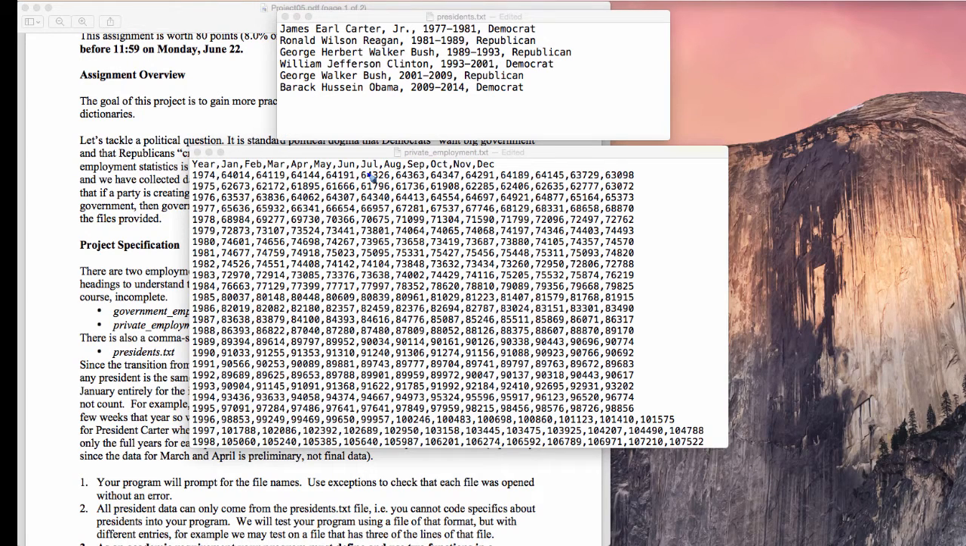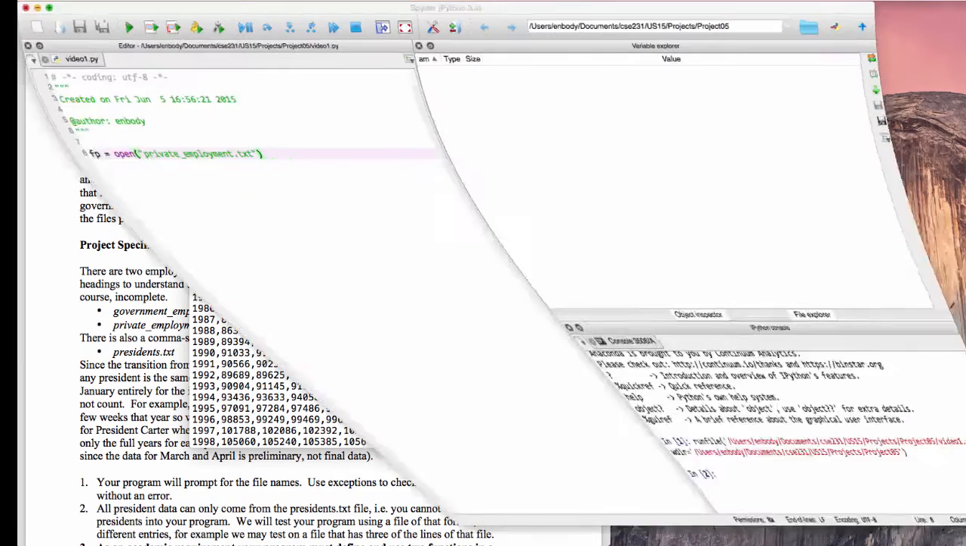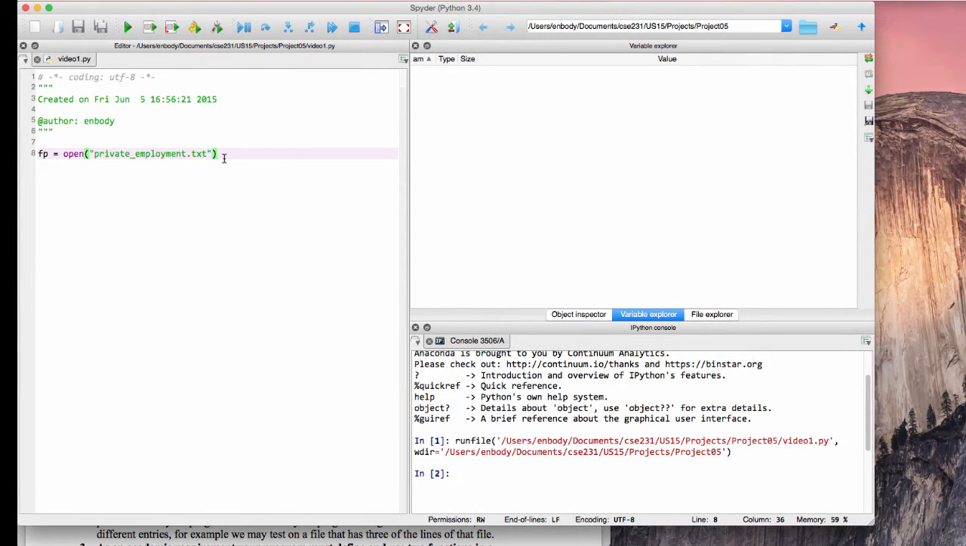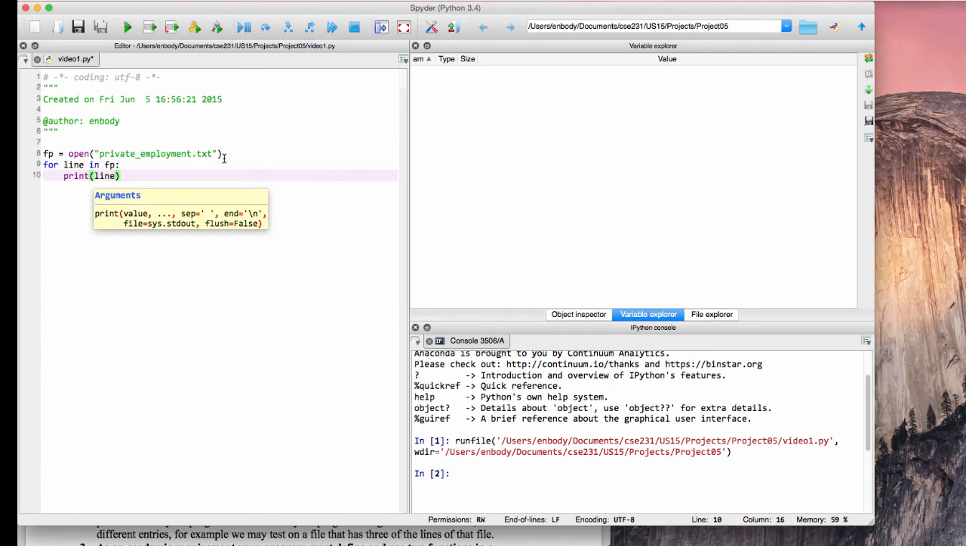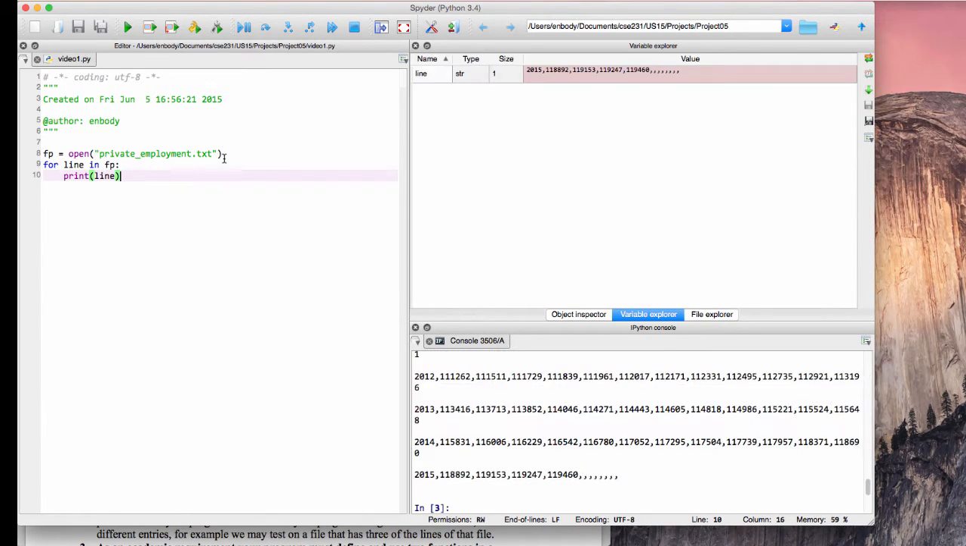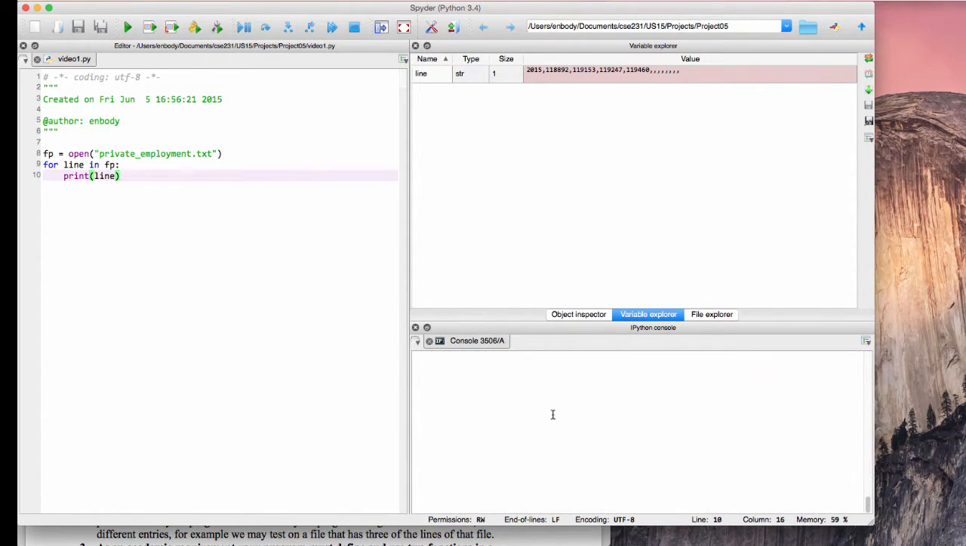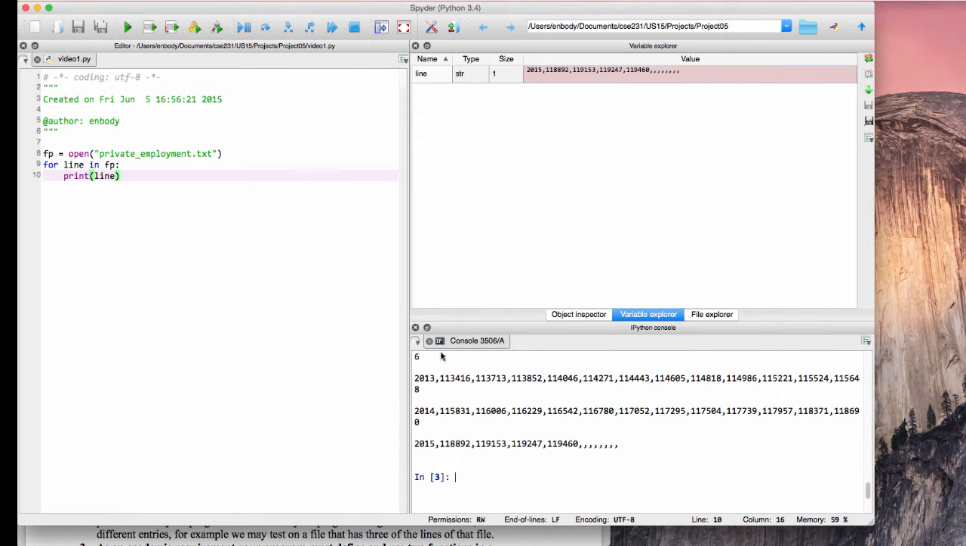All right, so let's take a look. What I did is I opened the employment file. The first thing to do is, can I open it, and can I actually print out the stuff in there? That's usually a handy thing, and there it is, line by line. A lot of data in there. What's the interesting thing to do with it? Well,